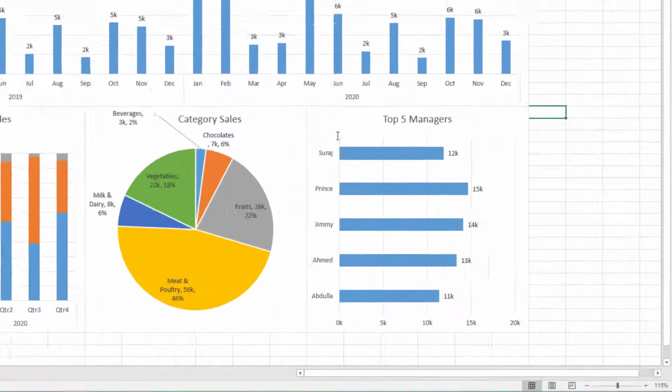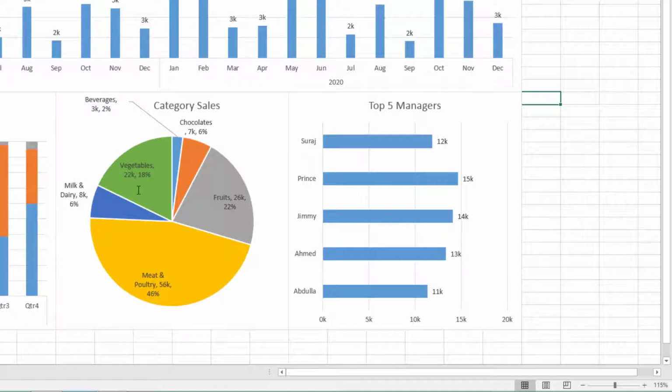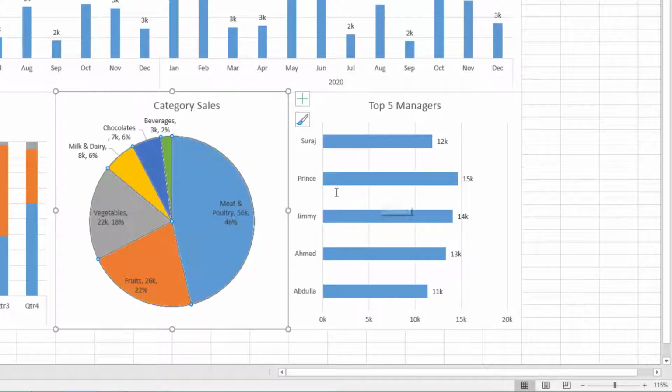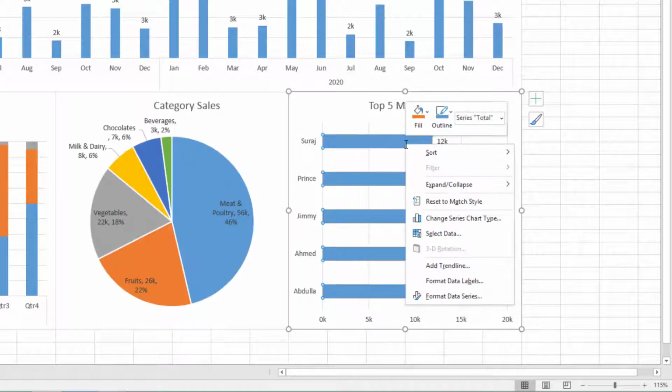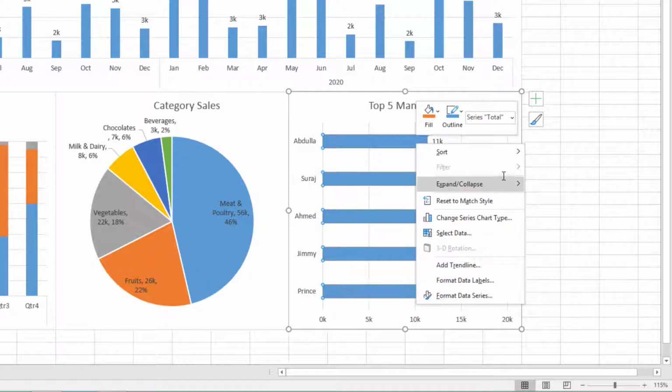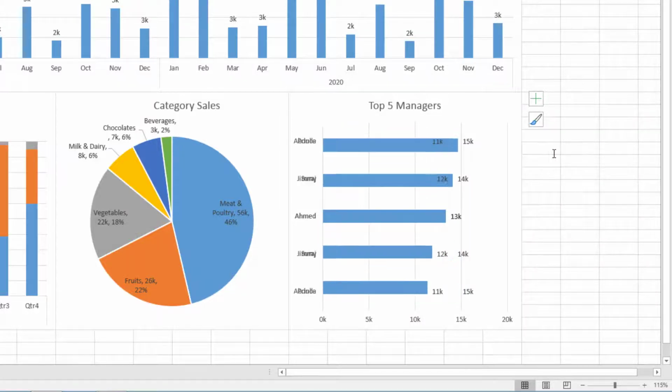Another thing is that for these, you can right click and say sort largest to smallest. So the largest item will come first and then the smaller ones. For this one, you can right click and sort largest to smallest, but that has the opposite effect here. So we will go for the other one, smallest to largest.